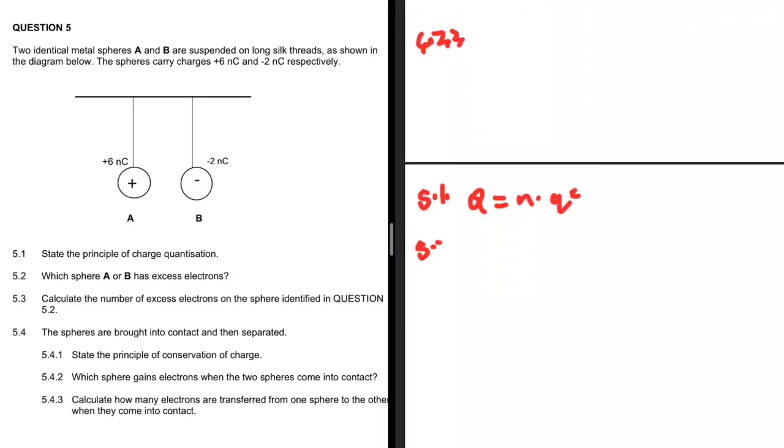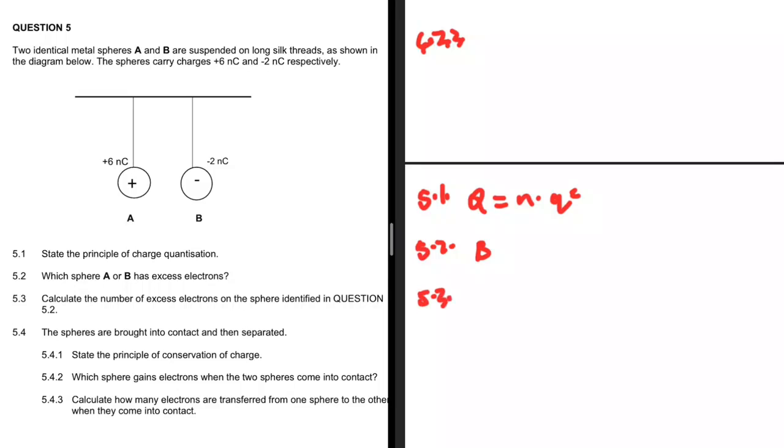And then 5.2, which sphere A or B has excess electrons? It should be easy to see that it is sphere B that has excess electrons, as it is negative, right? Electrons are what carries charge and they are negative. And then sphere A would have an excess of protons or a deficit of electrons. Okay,